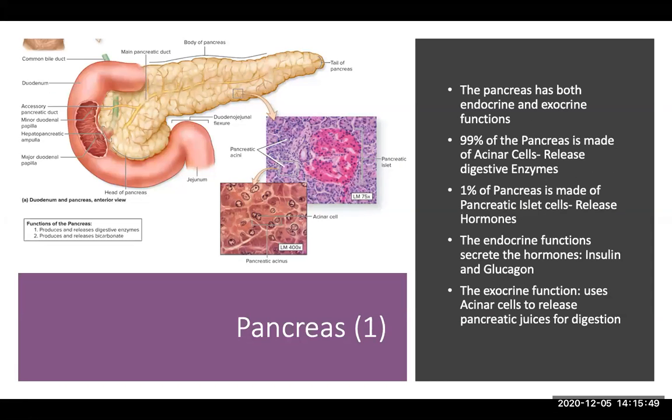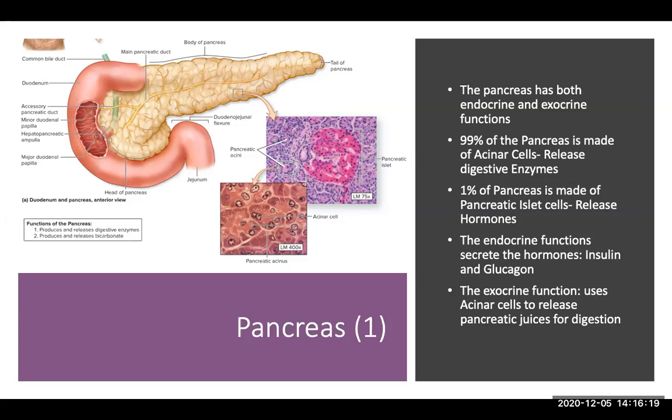The pancreas, if you remember, has both an endocrine and an exocrine function. 99% of the pancreas is made of acinar cells, which release digestive enzymes, and 1% of the pancreas is made up of pancreatic islet cells, which release hormones, insulin and glucagon. Insulin lowers blood glucose levels, and glucagon raises blood glucose levels. So that's the endocrine function, the hormone function, and the exocrine function is using the acinar cells to release the